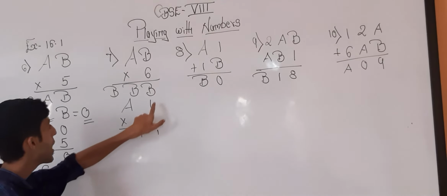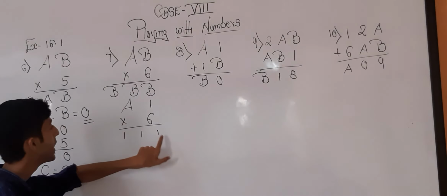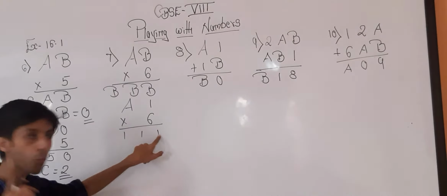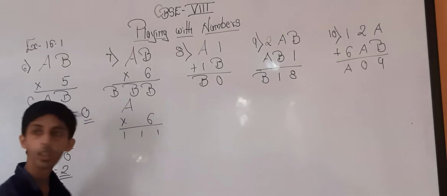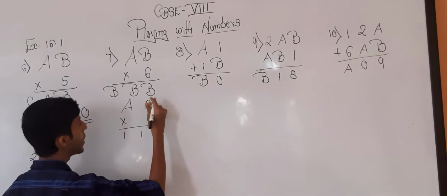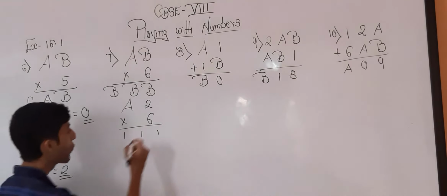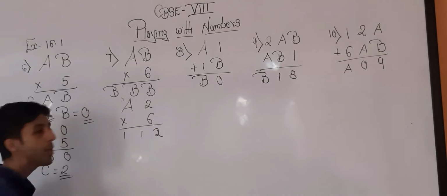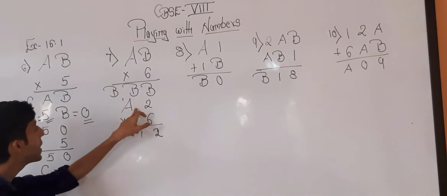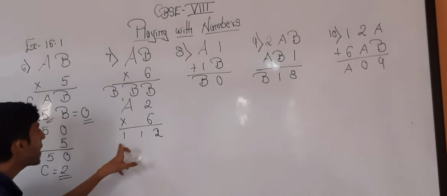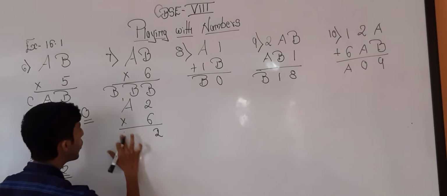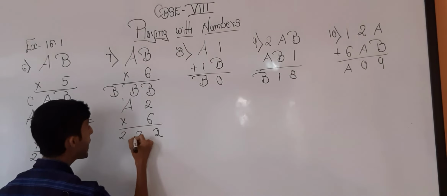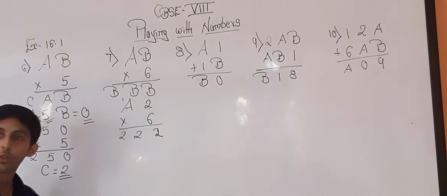Yes or no? But when I am multiplying, 6 1s are 6. It is coming as 6 over here. It is not coming as 1. So my option for the B is wrong. If I am taking 2 over here, 6 2s are 12. Okay, of course, 2 is coming over here. 1 will be carried. Now, what should I multiply by A so that my total will also be equal to 22? My total should be equal to 22.